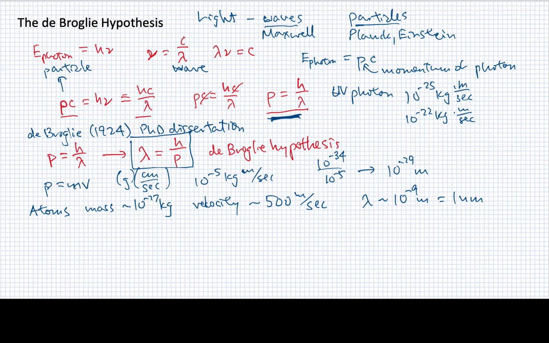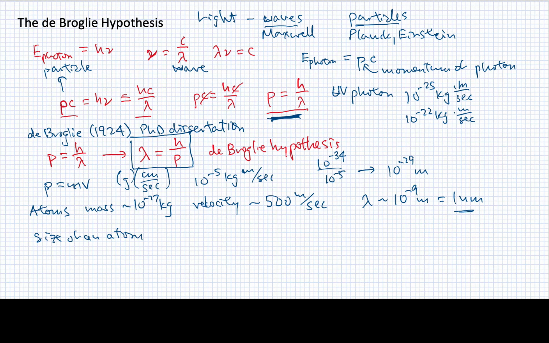Similarly, we could look at the wavelength of an electron, or a small piece of matter, and it would also have a wavelength on this order. It might actually be a little bit larger than this. So how do we justify treating matter as a wave? Well, I want you to think about an atom and how big it is. What is the size of an atom?